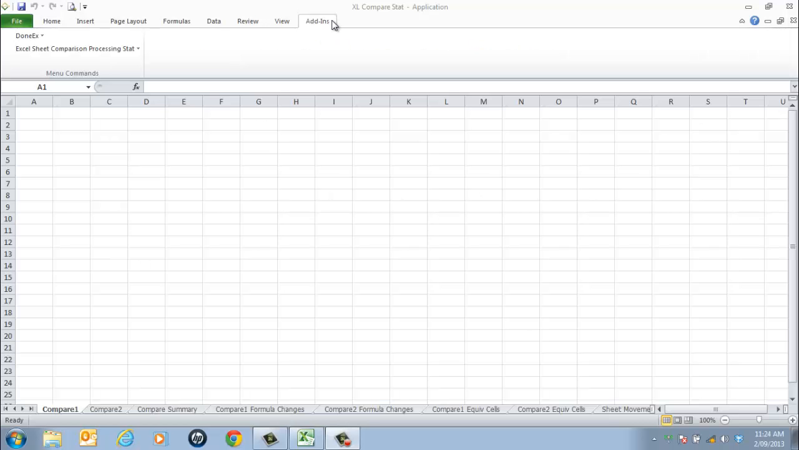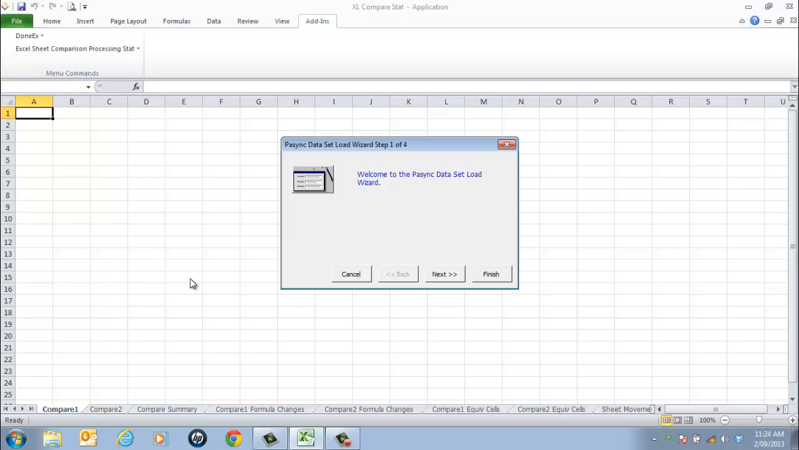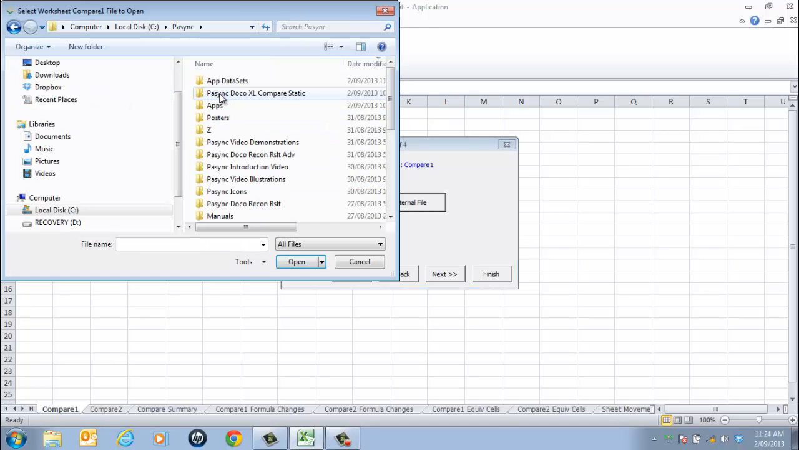Once you've opened the Excel Compare Static application, all processing is performed using the Add-ins tab and menu Excel Sheet Comparison Processing Stat. Select option Load Datasets from External Files. The Dataset Load Wizard is used to load the datasets into the Compare 1 and Compare 2 worksheets. Select the Next button. Select the Open External File button and choose the first file you wish to load from